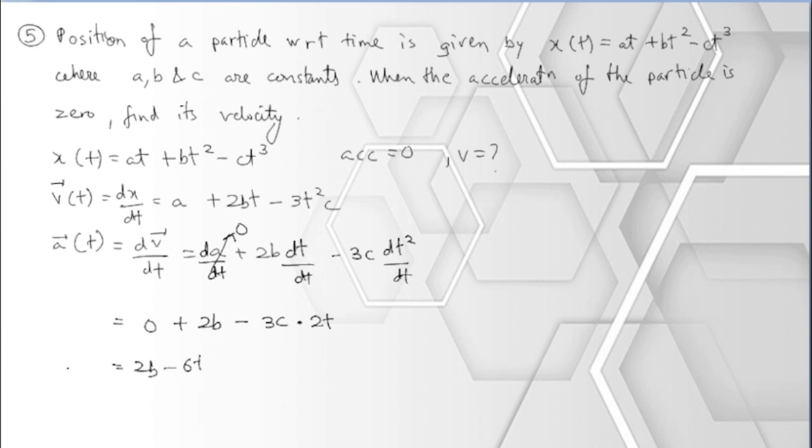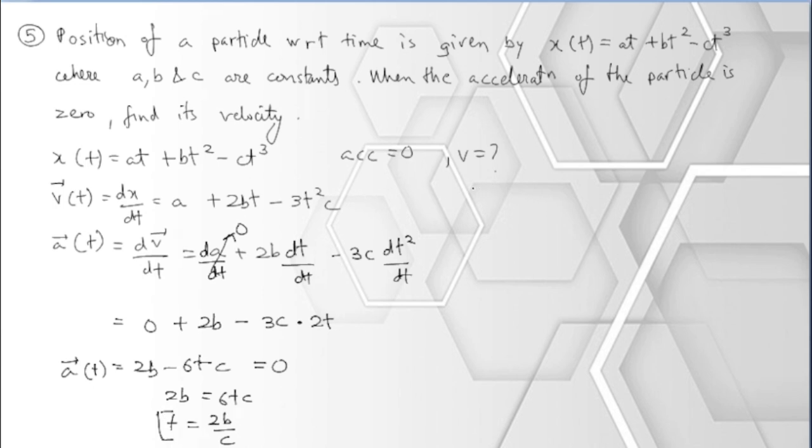So now we are at a point where we have found the expression for acceleration, and the condition that has been given is that acceleration is 0. So we can say this is 0. 2b minus 6ct equals 0, or 2b equals 6ct. Now t is the unknown variable here, so let us find t in terms of the known constants. 2b by 6c, that is t, right? Now that you have found the value of t,